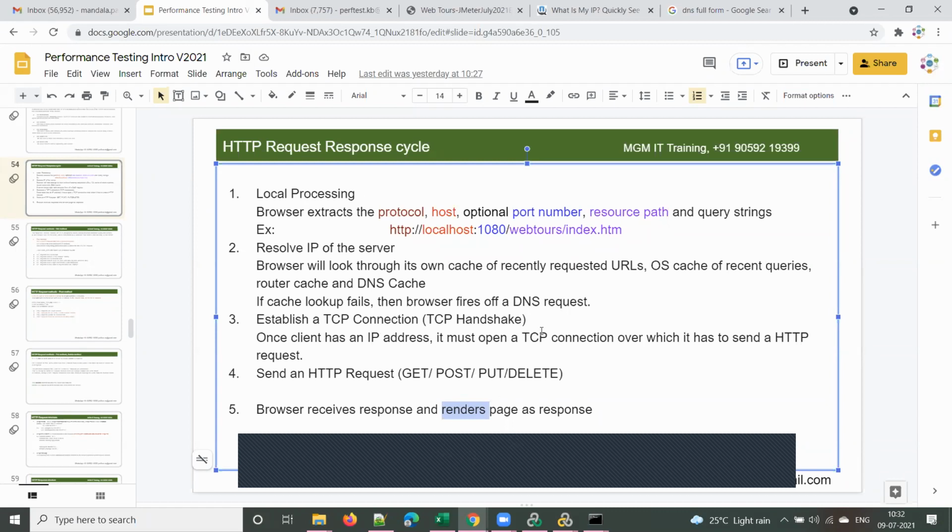Guys, no one will explain this in this much detail, but this is important to understand. You should know what a DNS system is, what an IP address is, what a TCP connection is, and all this. Every software test engineer, or developer, should know all these details. These are all basics, guys. Then the request-response cycle will be completed. This is what happens from the moment you send a request from the browser till you receive the response.